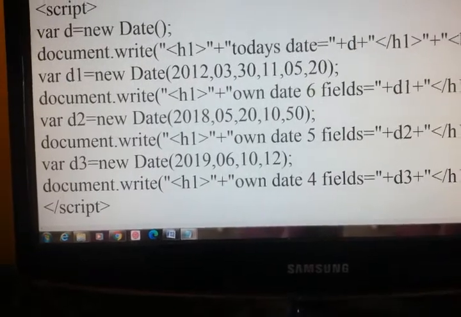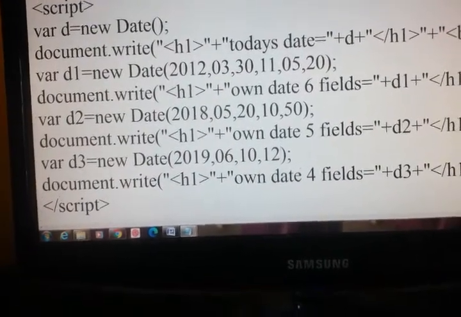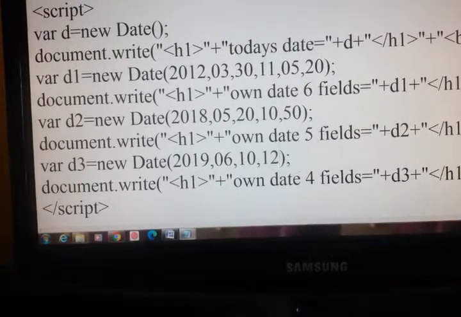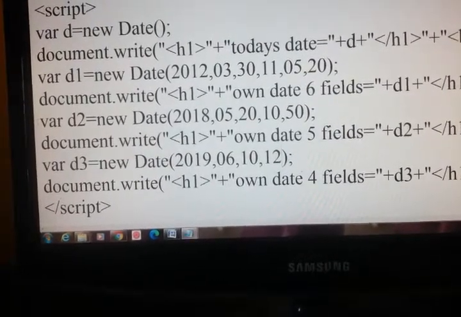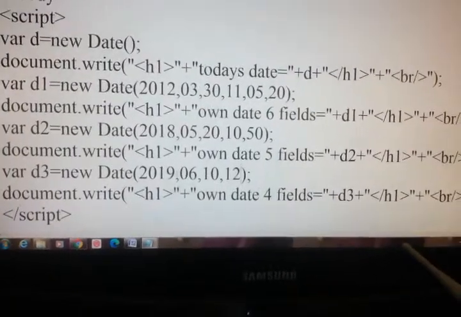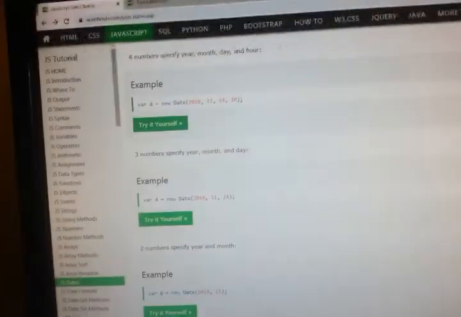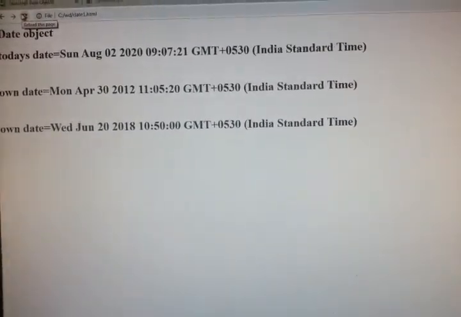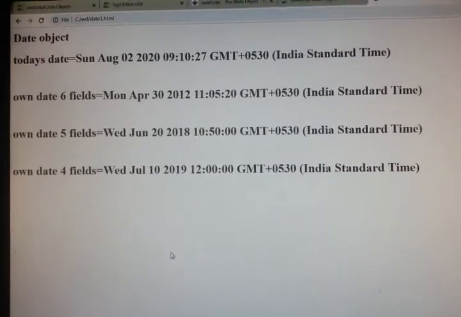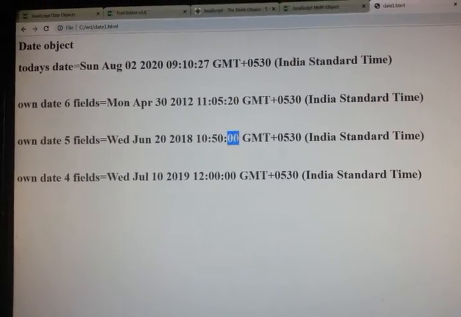I have taken 2019 as the year, 06 means July, 10 is the date and 12 is the hour. Just save. I'll just see the output. With 5 fields we are getting seconds as 0.